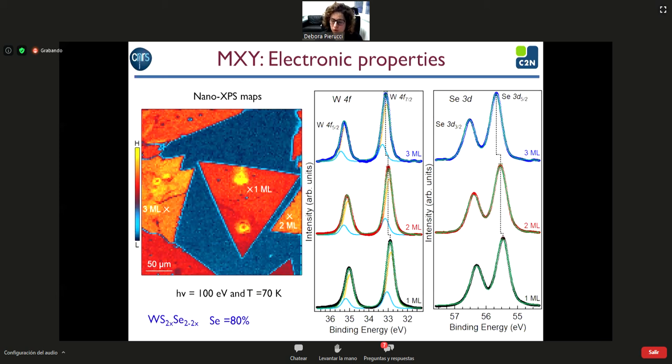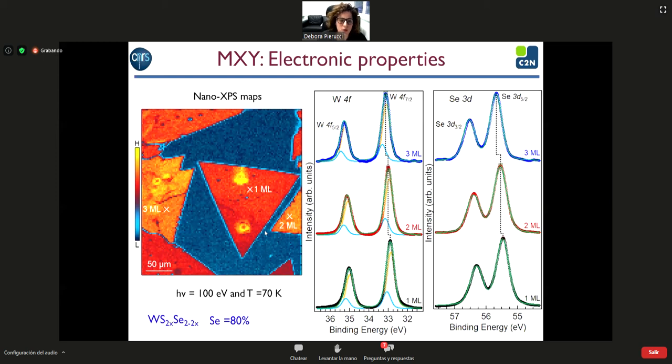So the next step was to look really inside the electronic structure of the material, their band structure. To do that, we used a very powerful technique, that is the angle-resolved photoemission spectroscopy. In particular, we went to the Antares beamline at Soleil, where they have a very small beam, around 500 nanometers, that allowed us to locally find our flake on a substrate. In fact, on this beamline we can map our sample, we can do this nano XPS map at the edge of the two components present in the sample, for example selenium or tungsten, and we can really localize the flake on the substrate.